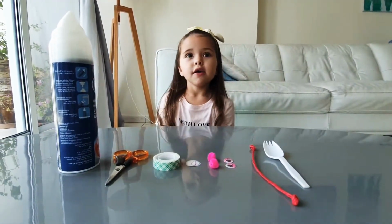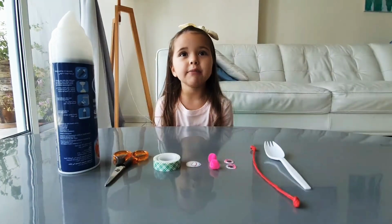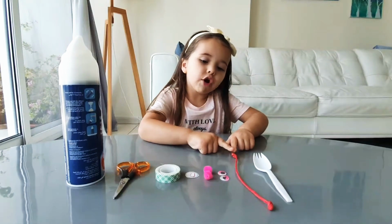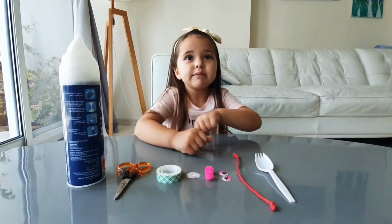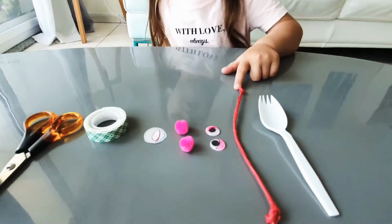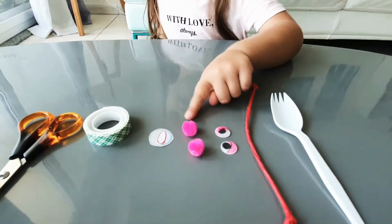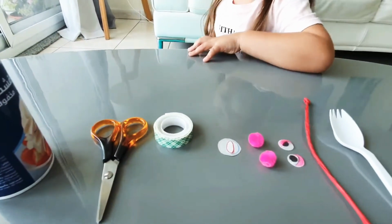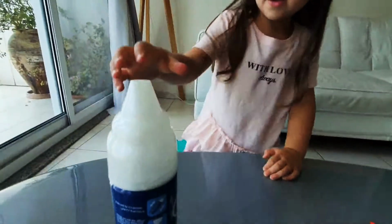I've got a favorite toy. His name is Forky. Today I want to make a friend for him. Her name is Fifi. I've got a fork and rope, eyes, pom-pom, sticker, sticky tape, and scissors, and